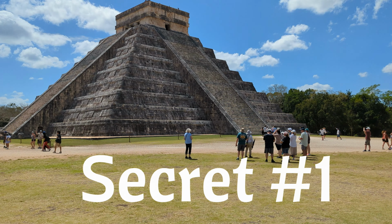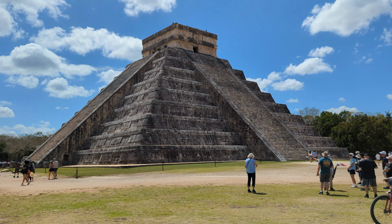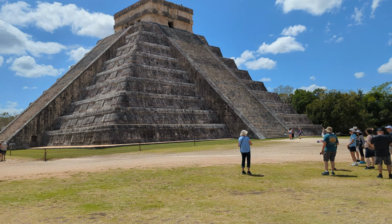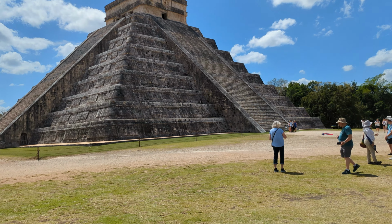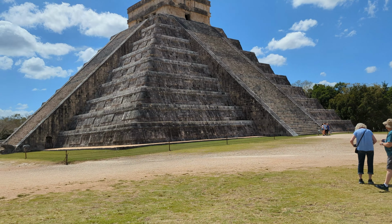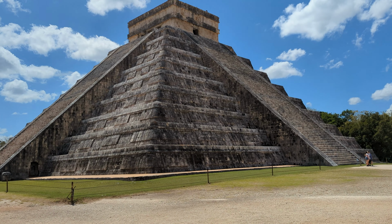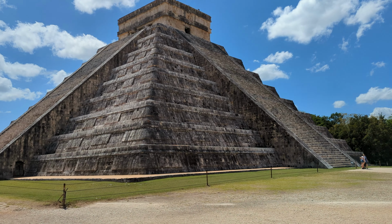Secret number 1. The Kukulkan Pyramid is a calendar building with a temple on top. There are 91 steps on each side with 9 platforms. It's thought that this pyramid is the representation of the Mayan calendar. Each step is a day of the year, and since each side has 91 steps multiplied by 4 sides, that totals 364. If we add the top platform on which the temple rests, we get 365 days of the